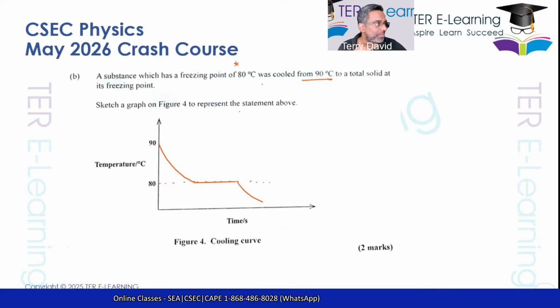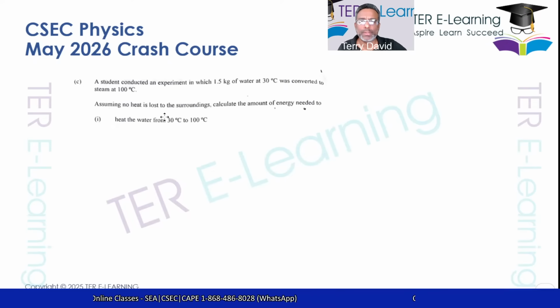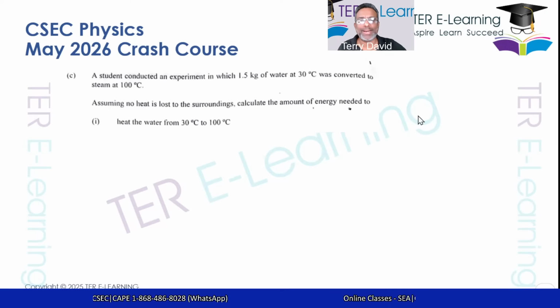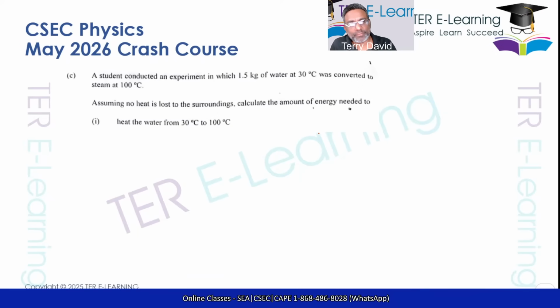All right. What else do we have here now? Some calculations. A student conducted an experiment in which 1.5 kg of water at 30 degrees was converted to steam at 100. Assuming no heat loss to the surroundings, calculate the energy needed to heat the water from 30 degrees to 100 degrees. So first of all, if you have water,